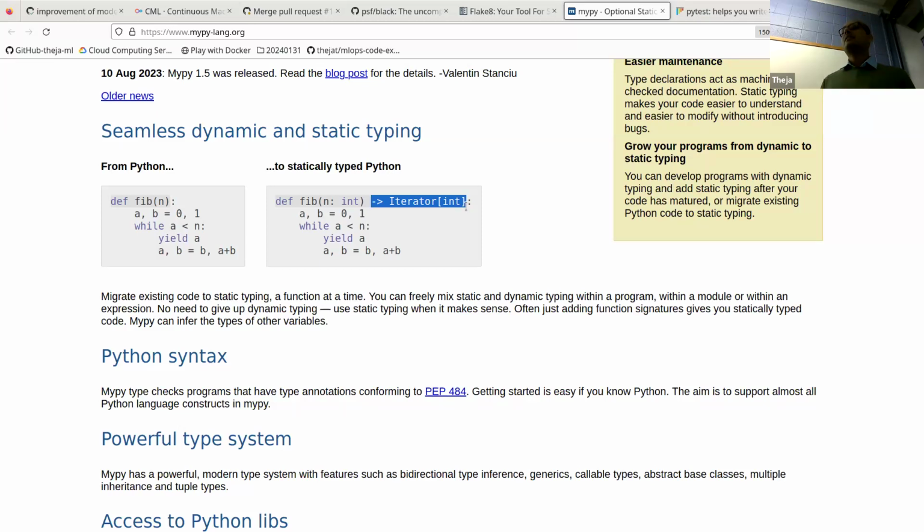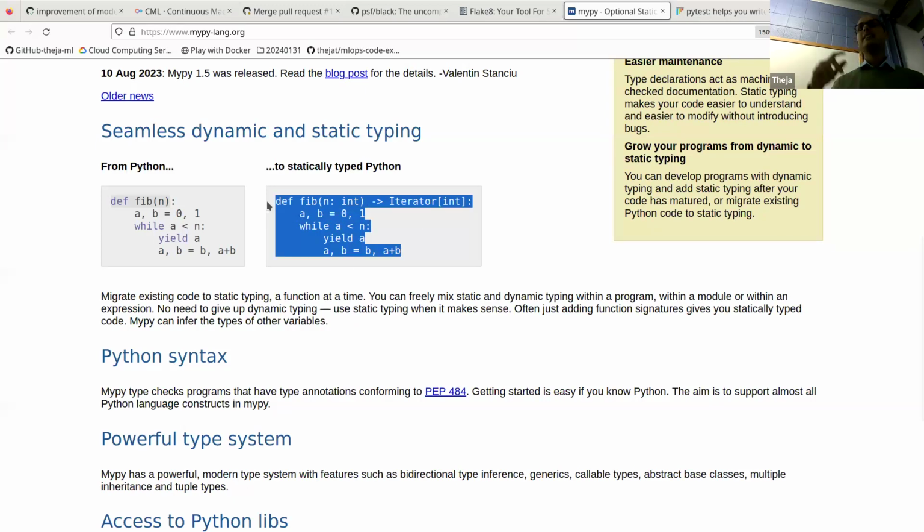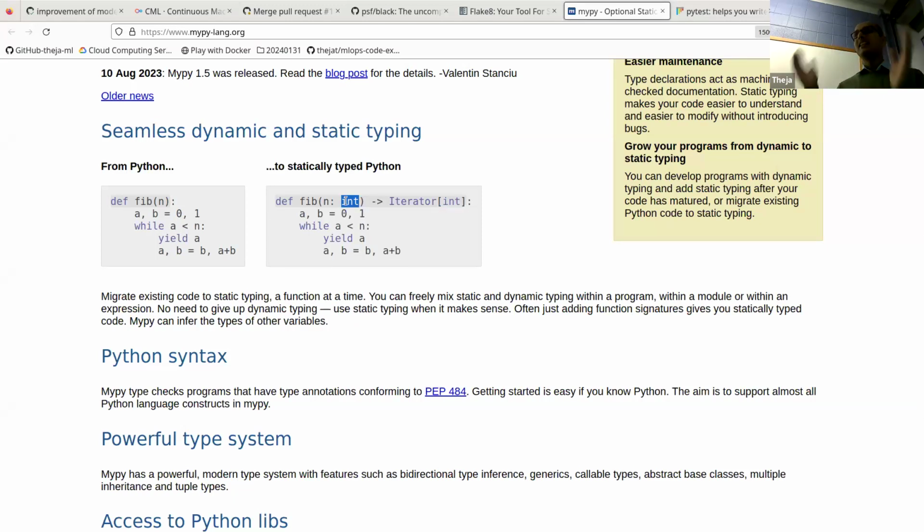Now, what is the advantage of writing this more verbose second version? When you write this, there is a program called MyPy that can just read your file. There's no running of your Python file. It can just read your file and say, hey, there is an error, because you're expecting an int, and later on in my program, if I just write fib with a list as the input, MyPy will throw an error. When will it start working?